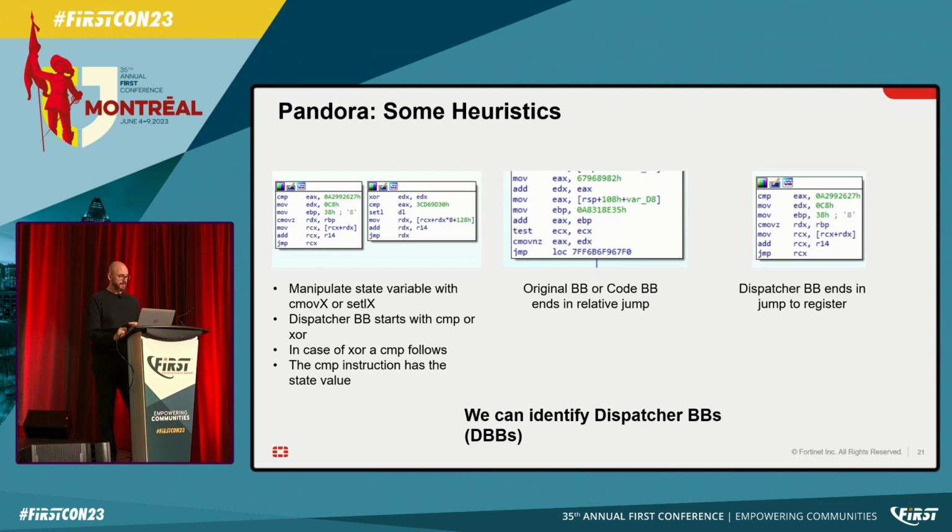As I said, the original basic blocks are much easier. If I go back a little bit, you see that all the long basic blocks are the original basic blocks, because that does the logic of the original function, and they all end up in the same way. They have a direct jump to the last basic block that's going to take it back to the dispatchers. So here in the middle, you can see the end of an original basic block. It's going to jump directly to that one basic block. So it's not going to be a jump to some register. It's going to be a jump to a direct address.